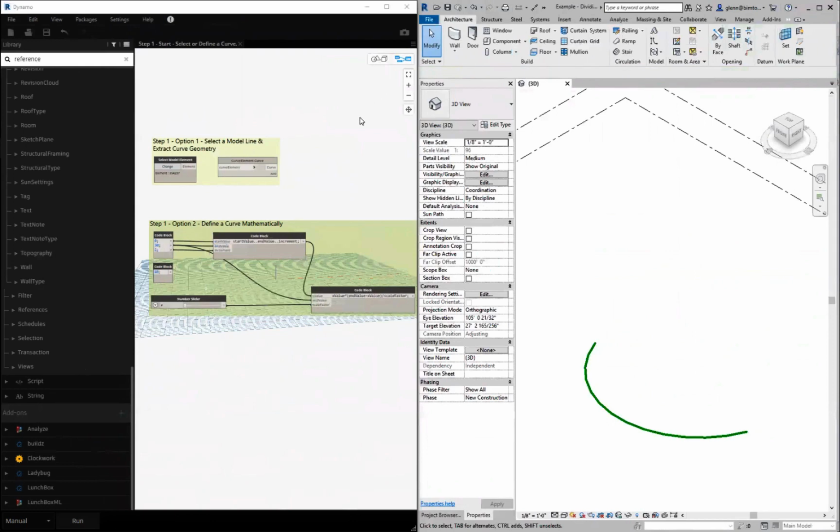Okay, when it comes time to selecting a model line, it's actually pretty easy. What we'll do is just say that we want to select something, and I can choose that model line. Now, there's nothing yet showing up over here. Let me go ahead and turn that on automatically in the Dynamo window,